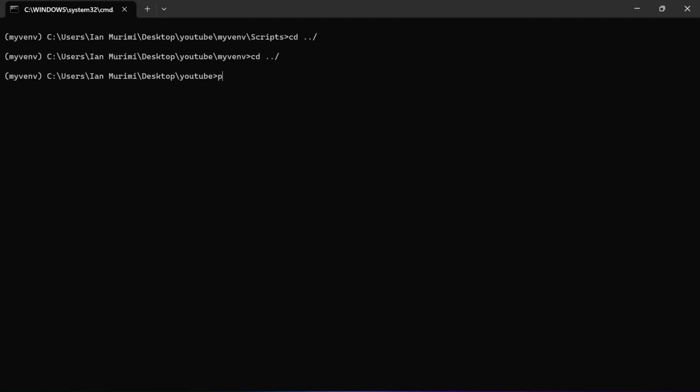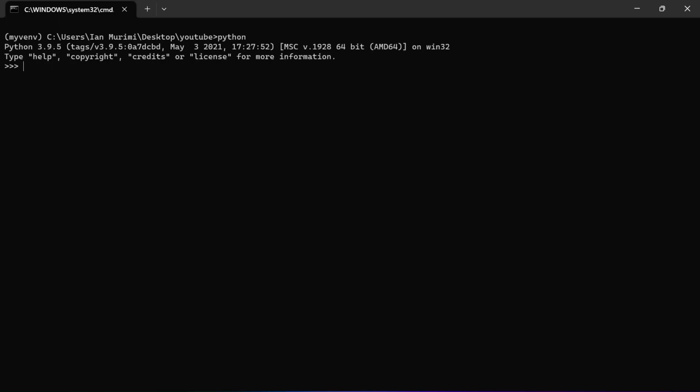So I'll do a pip freeze so that you can see the installed packages in this new virtual environment. You can see our virtual environment is clean, there is nothing installed. So let me open the Python IDLE. I'm going to import requests.